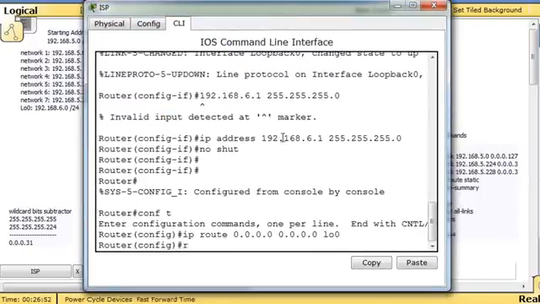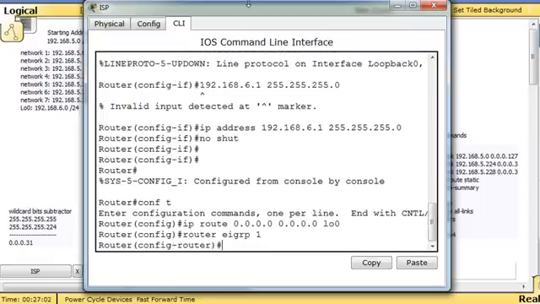I'm on the ISP router right now. I'll say router EIGRP 1, and then I'm going to add network 192.168.5.236. So I need to add the 236 network,